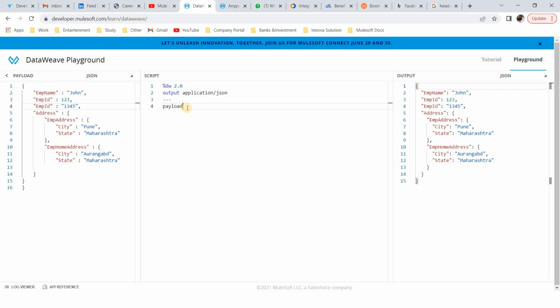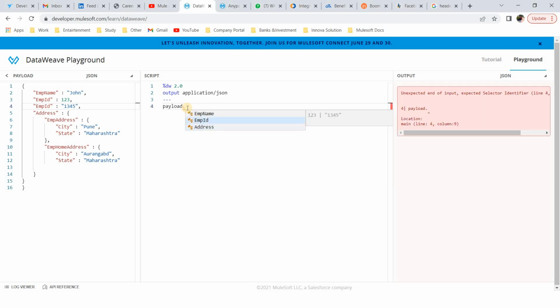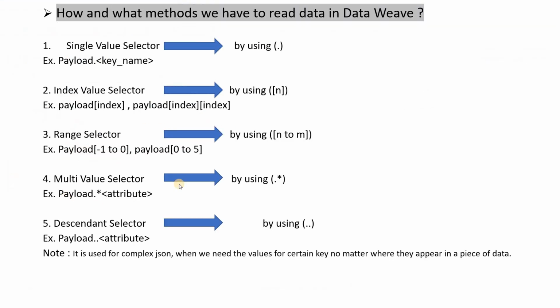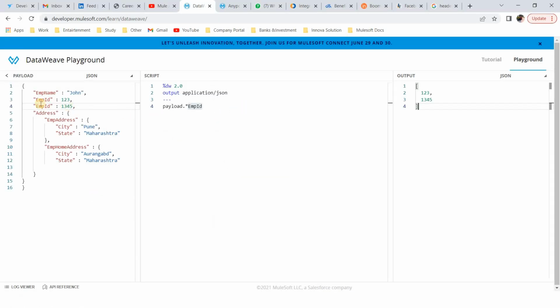Now dot star employee ID. So whatever values there are with the same key, all those values you will get as output. Okay, so this is the multi-value selector. By using payload dot star attribute name we can read those.